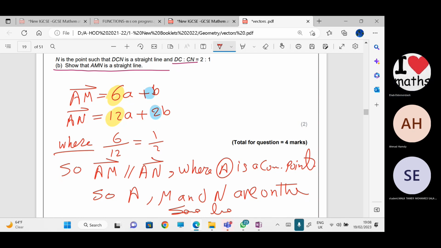My request, please try as much as you can to finish the vector worksheet. بصوا الفيكتور ده it could be your favorite lesson and it could be your complicated one based on your work and in your understanding. Try your best from now to the next session to complete the vector worksheet, and next lesson we will do the hard question on the vector. اتفقنا؟